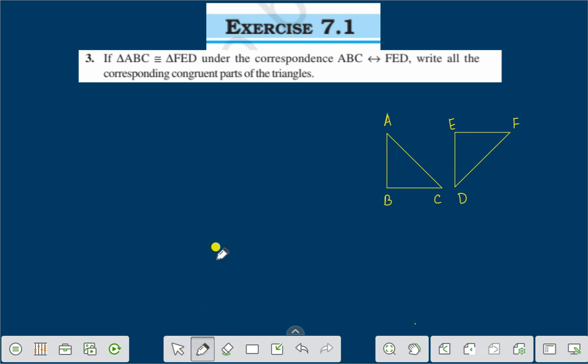Here we write: if triangle ABC is congruent to triangle FED under the correspondence ABC corresponds to FED,